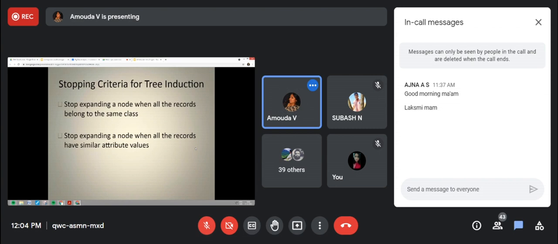We have seen the first condition, what attributes need to be checked for the test condition. The second condition is the stopping criteria for the tree induction: stop expanding a node when all the records belong to the same class, or when you reach the terminal node, or when all the records have similar attribute values.